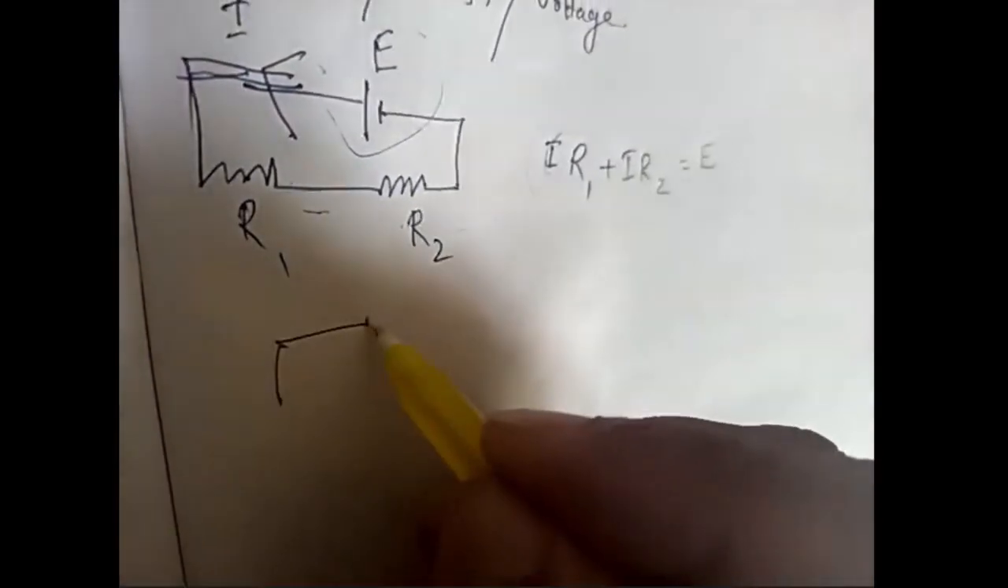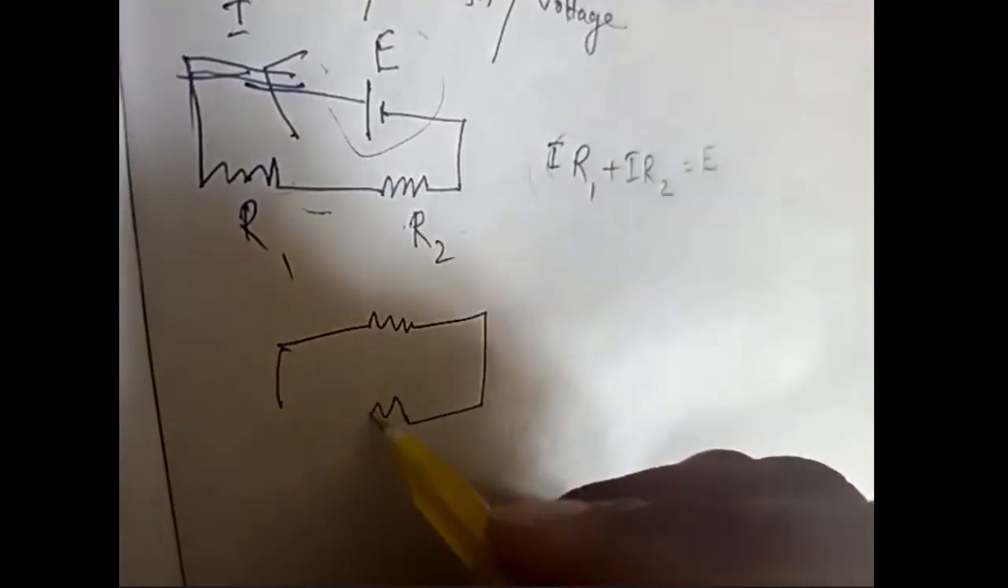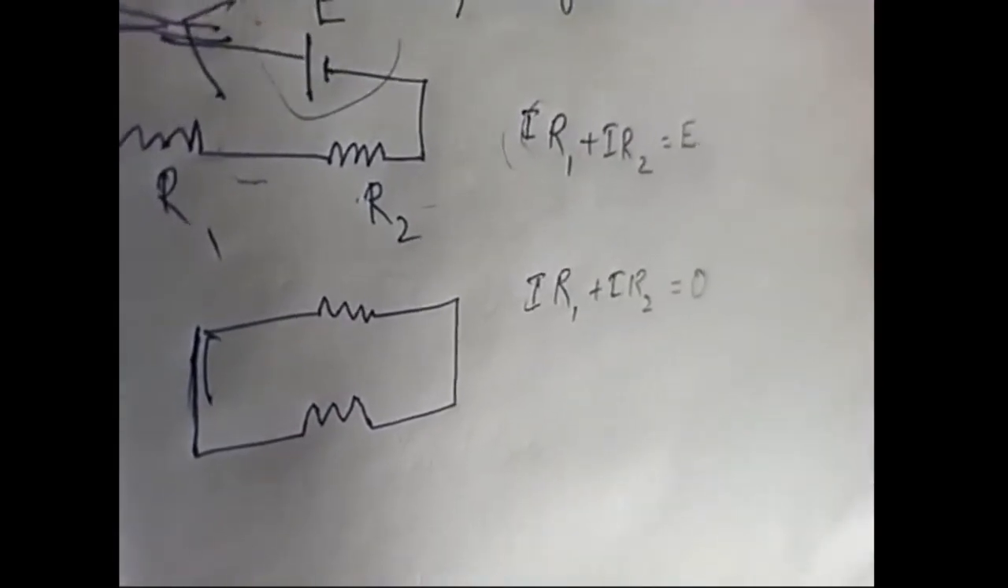Okay, suppose there is no EMF. If you are considering this loop, then I into R1 plus I into R2 will be equal to 0. Now you will be wondering, if there is no EMF, how will the current be installed in this loop? Suppose that you are considering a